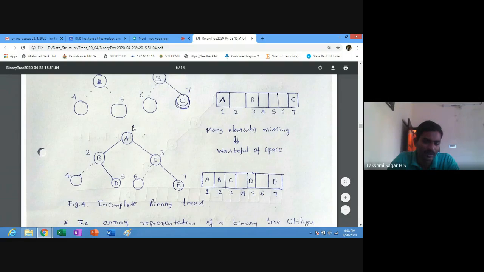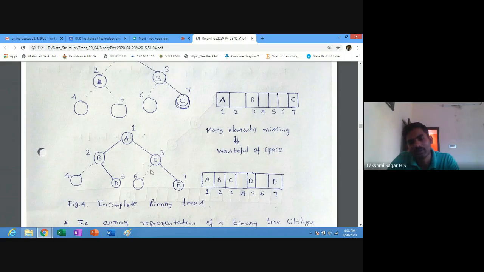At index 1, A is stored, at index 2, B is stored, at index 3, C is stored, index 4 is an empty cell, at index 5, D is stored, 6 is empty, and at index 7, E is stored.